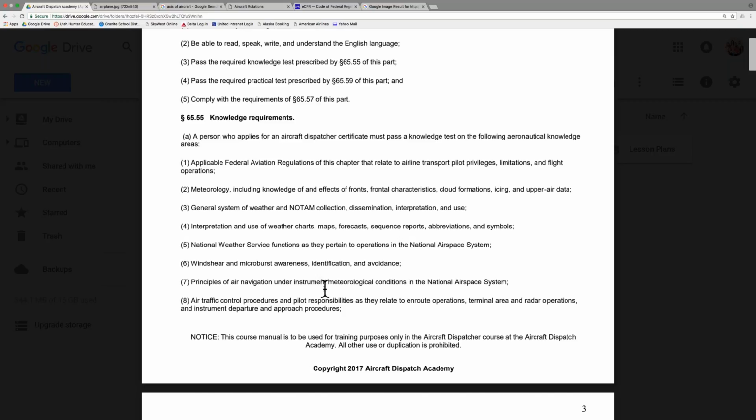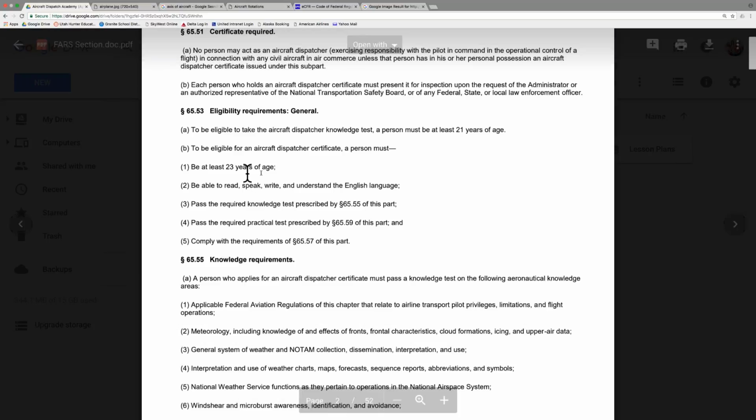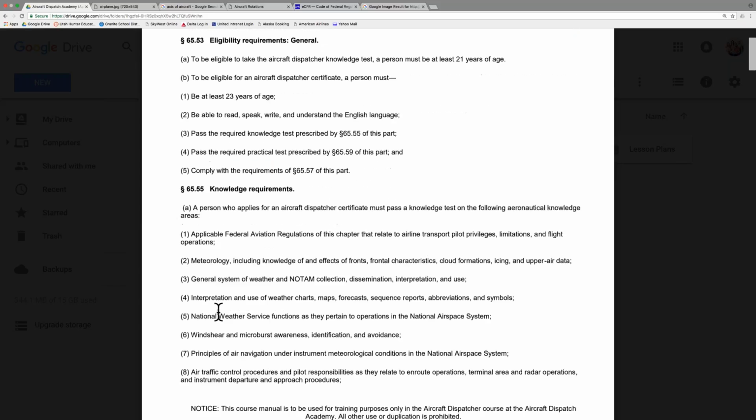Really, the only thing that I want you guys to take away, and it's something that isn't extremely important, other than just know that you have to be 23 years of age to be a dispatcher, to actually have the license. So I think that's been removed from our test, our quiz, but yeah, that's just general knowledge. I hope you guys can kind of retain that. Not super important, but